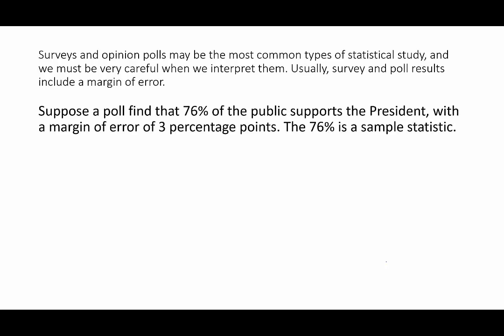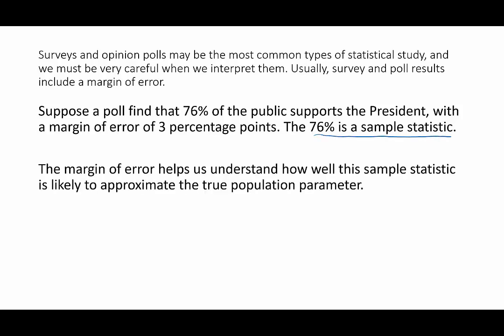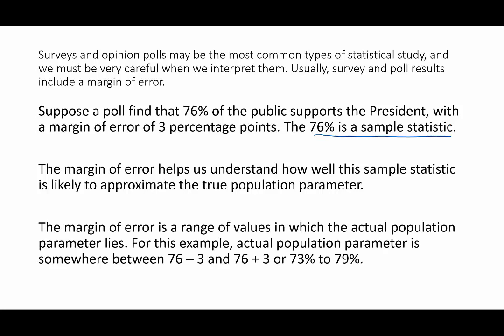So suppose a poll finds that 76% of the public supports the president, with a margin of error of 3 percentage points. The 76% is a sample statistic. The margin of error helps us understand how well this sample statistic is likely to approximate the true population parameter. The margin of error is a range of values in which the actual population parameter lies. For this example, the actual population parameter is somewhere between 76 minus 3% and 76 plus 3%, or somewhere between